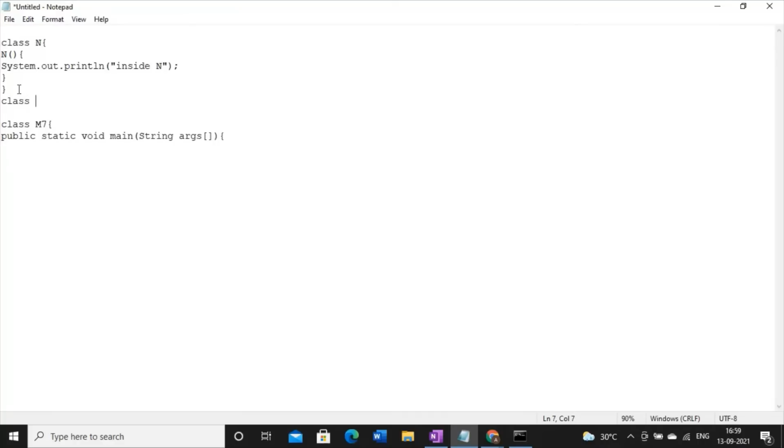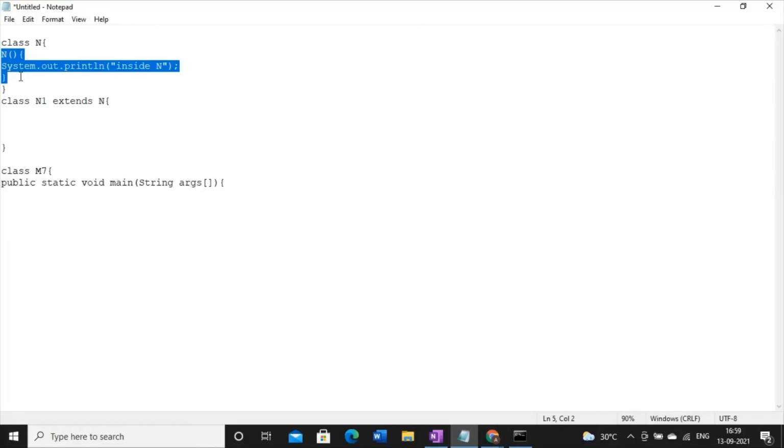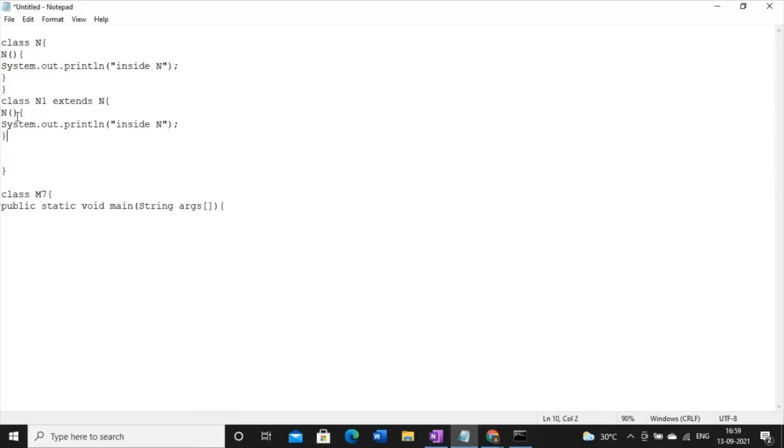So class in1 extends in. And here I will write again one constructor, whose name will be the same as the class name, in1, printing inside in1.